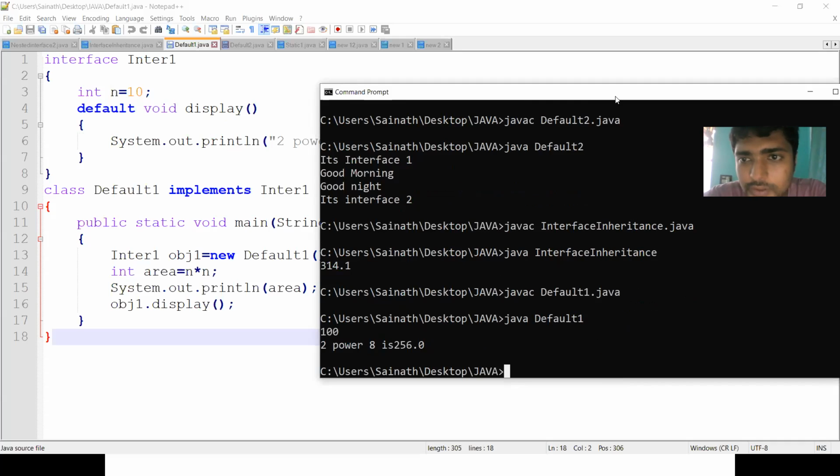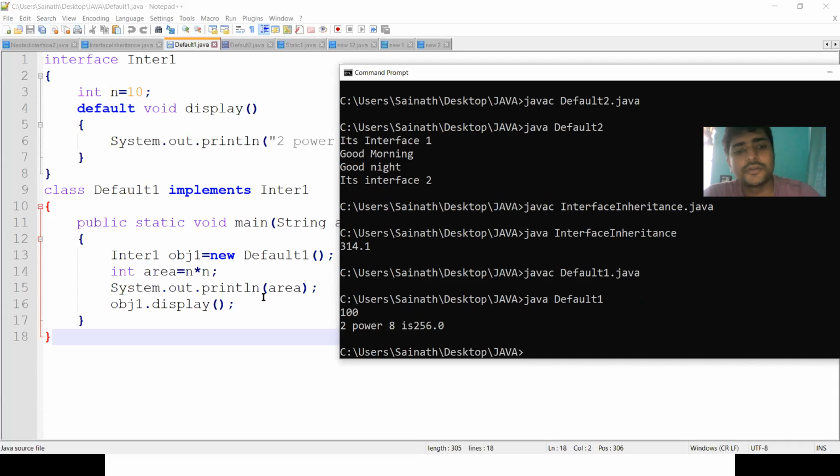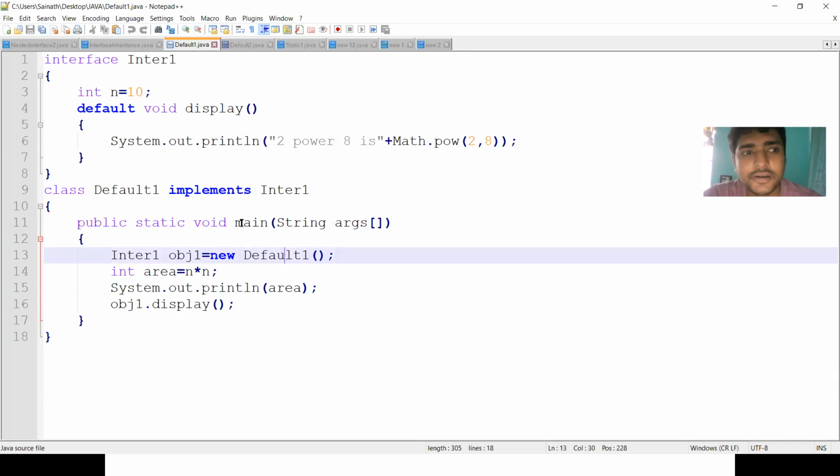Here I get the output. The area is printed: n into n, 10 into 10, is 100. Then the display method is invoked and executed: 2 power 8 value is 256. So this is the usage of the default method.